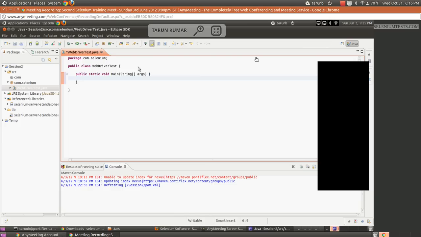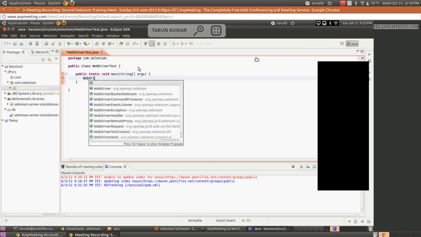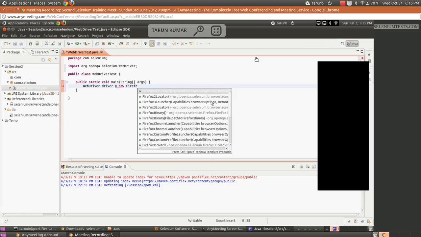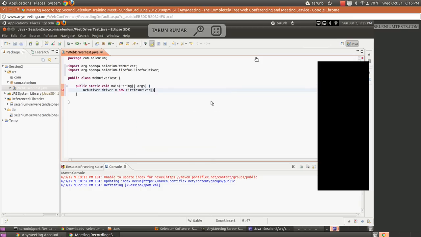We will write the test in Firefox driver here. So let us create an object of that. Do you guys see that I have created one instance of Firefox driver here?